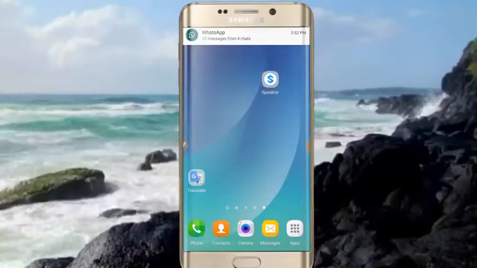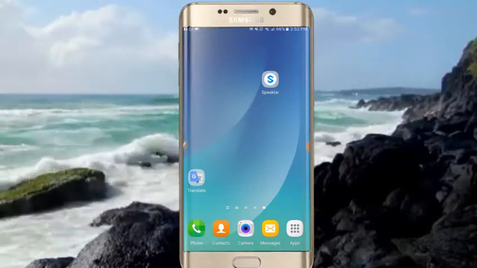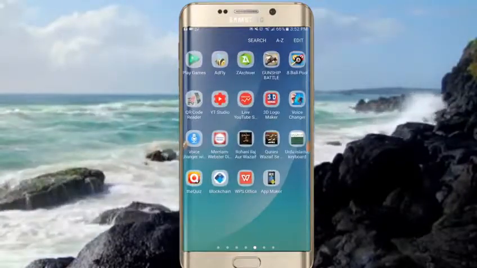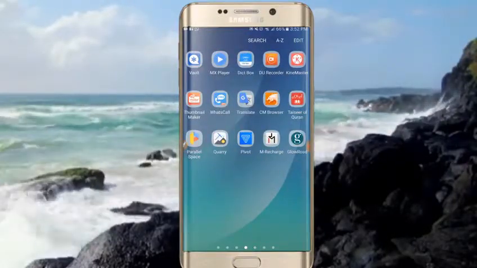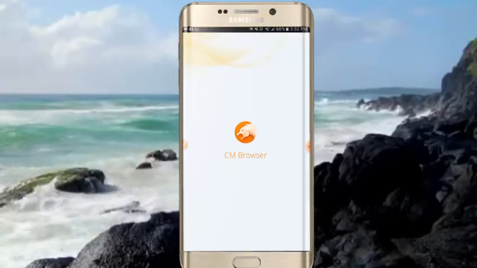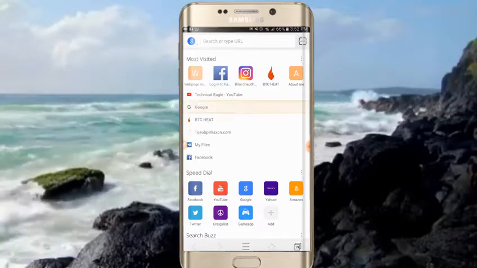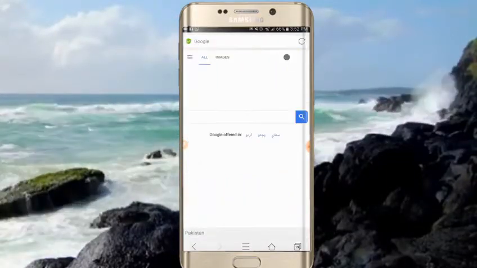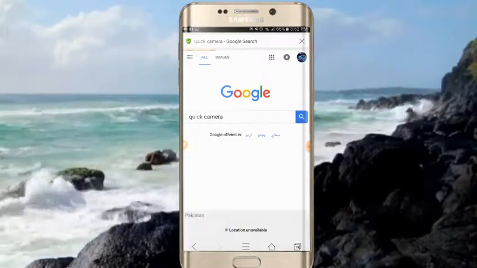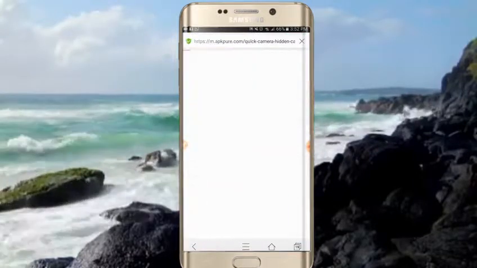Okay, we have come on desktop and the internet has been started, and we have to go to our browser that you usually use, like I use CM browser. Go to the browser. Okay, it has been started and you have to go on Google and write down quick camera. Yeah, here is the camera,